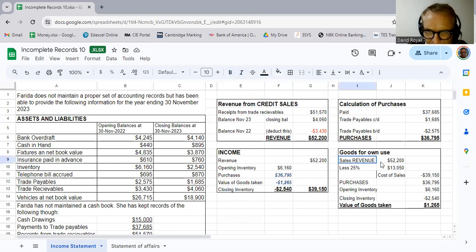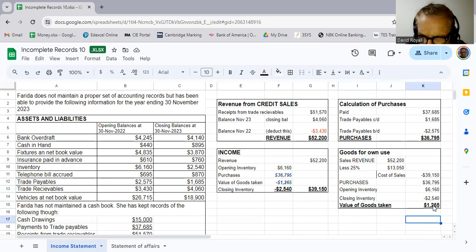Well, there's the sales revenue. We're taking away 25%. So the actual cost of sales was 39,150. Now, the purchases, 36,795. Where did we get that figure from, you may ask? That's from here. Opening inventory, closing inventory. The missing figure,